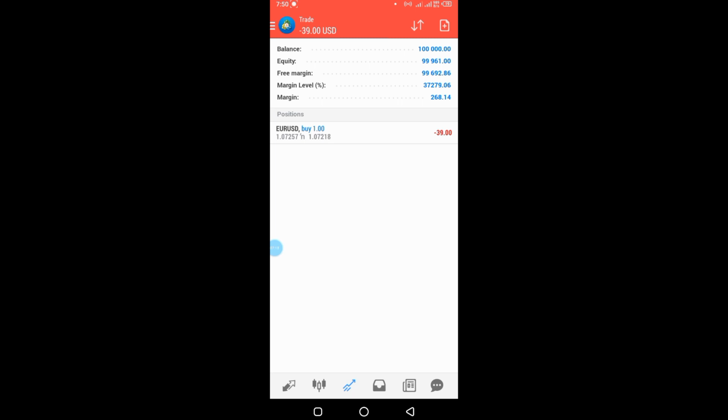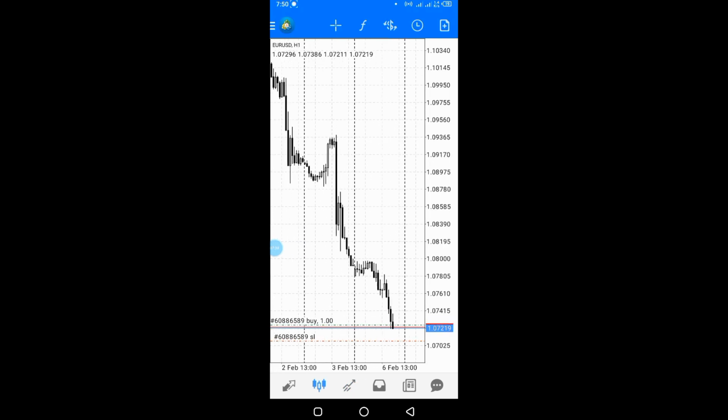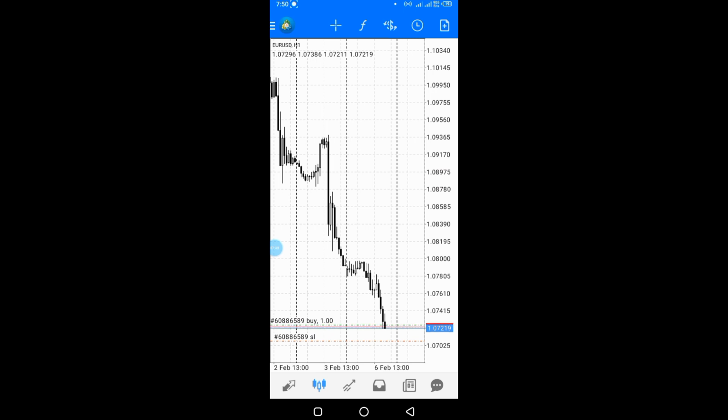Therefore, if you just tap the trade, you're going to see that your stop loss is already set. This means once the price reaches there, you're going to lose that money. Now, let's go to the setting of the take profit. You just go to the chart and identify the take profit you want. Let's say, for example, you want your profit to go up to this point, which the price is